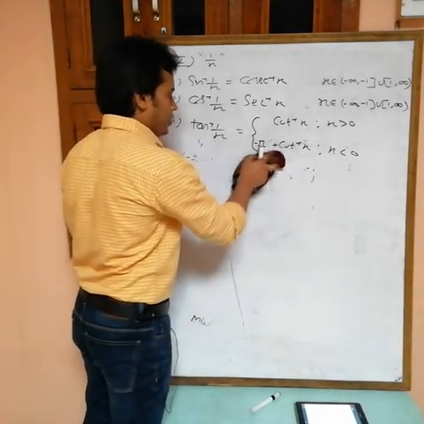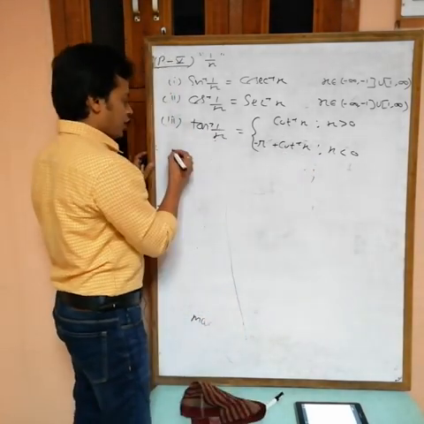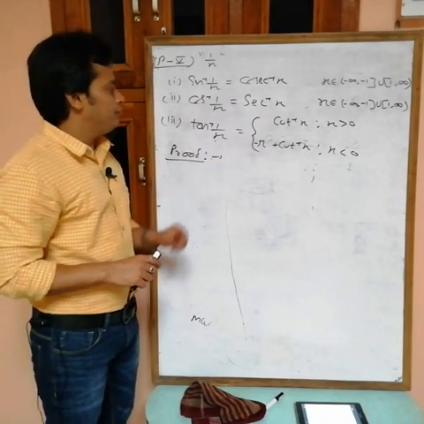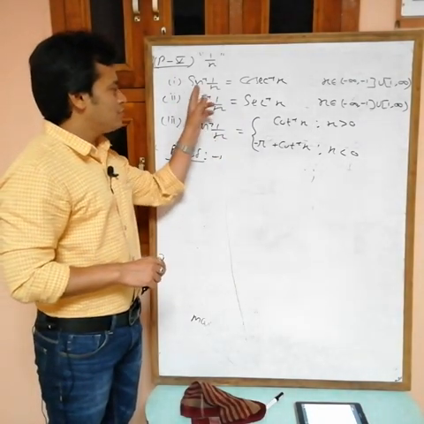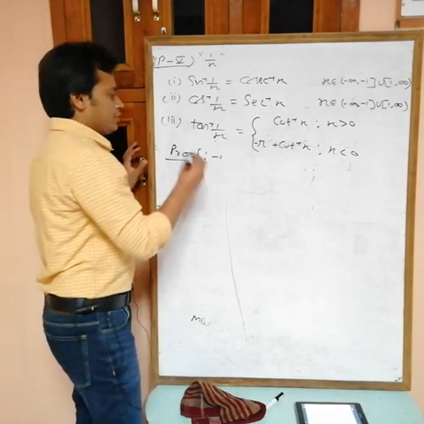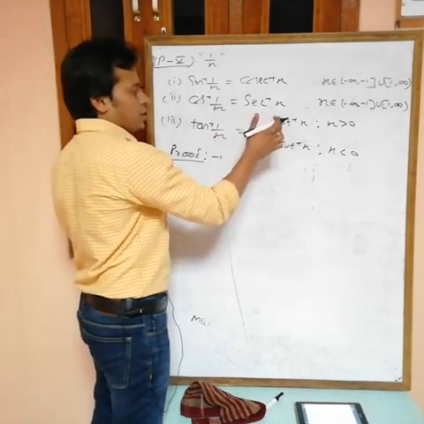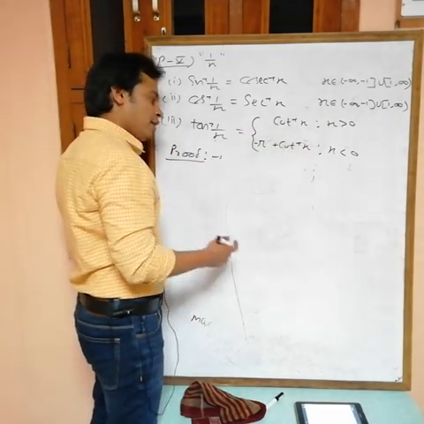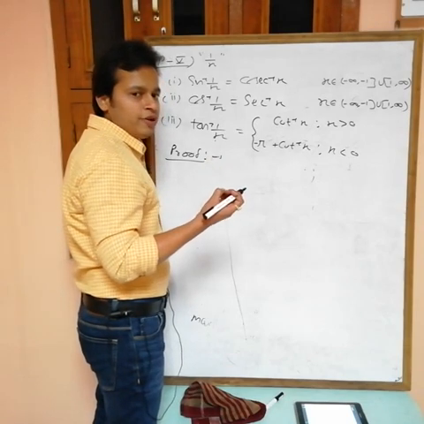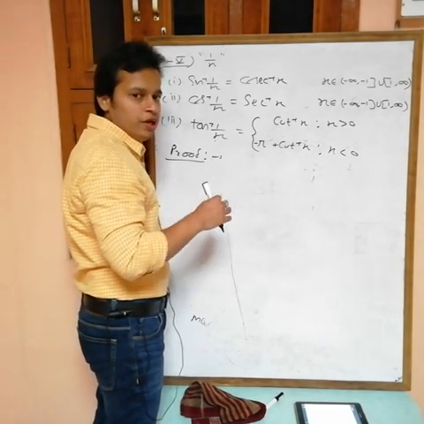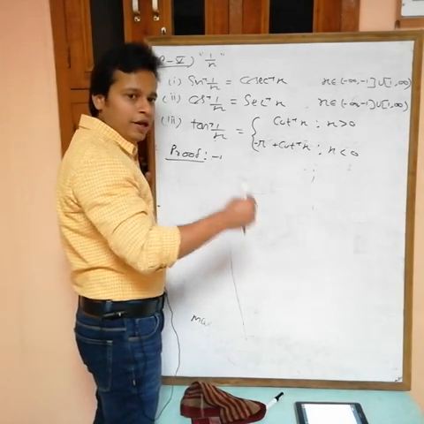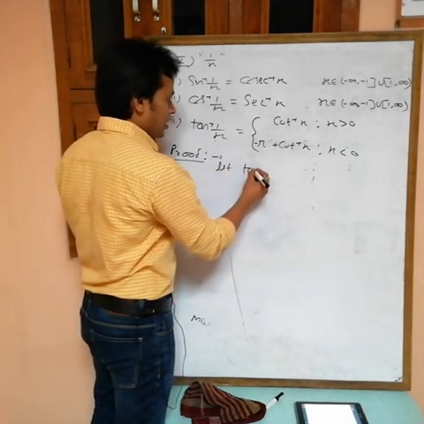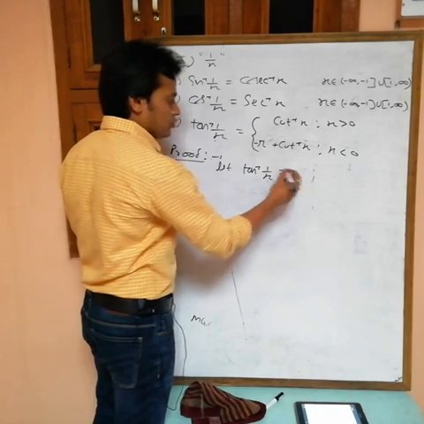Actually, you will get the proof for this one. So I have to prove it. Okay, now choose any one to prove. Can I take this one? Easily you can prove this one. I want to prove that tan inverse 1 by x equals this one when x is greater than 0 and equals this one when x is less than 0. To prove any property of inverse trigonometric functions, the process is the same: first assume one inverse trigonometric function as theta, and involve another ITF. So I am assuming tan inverse 1 by x is equals to theta.